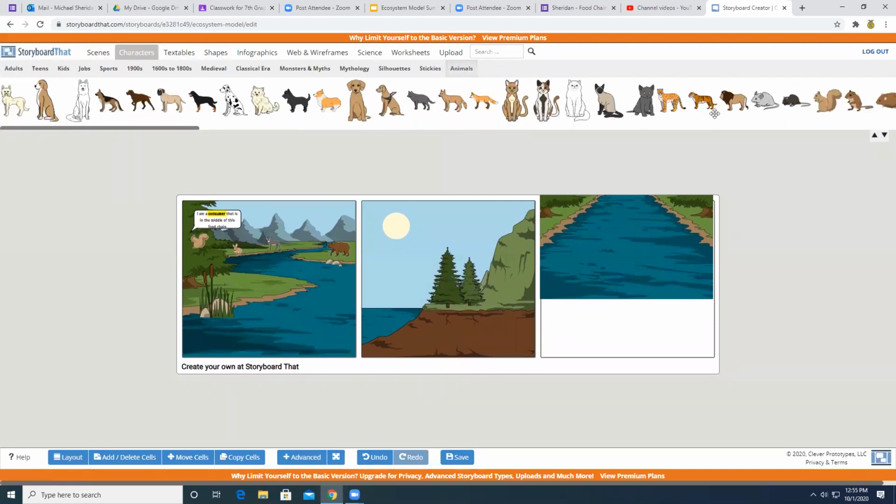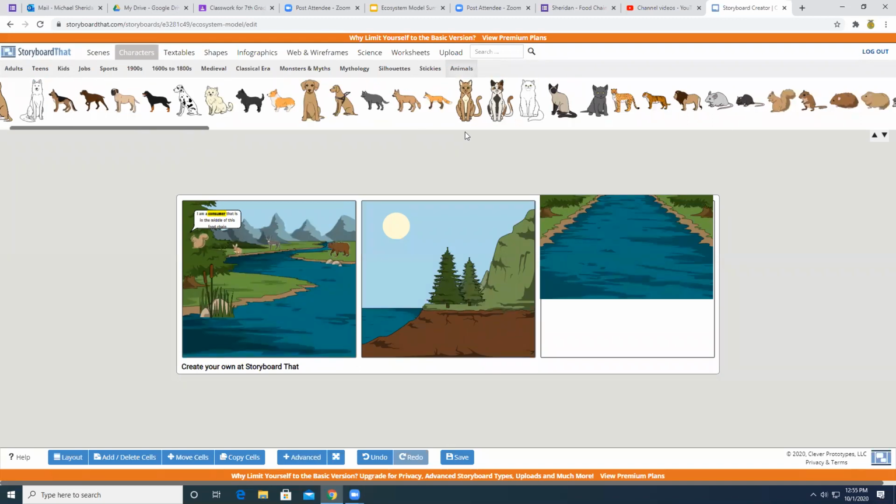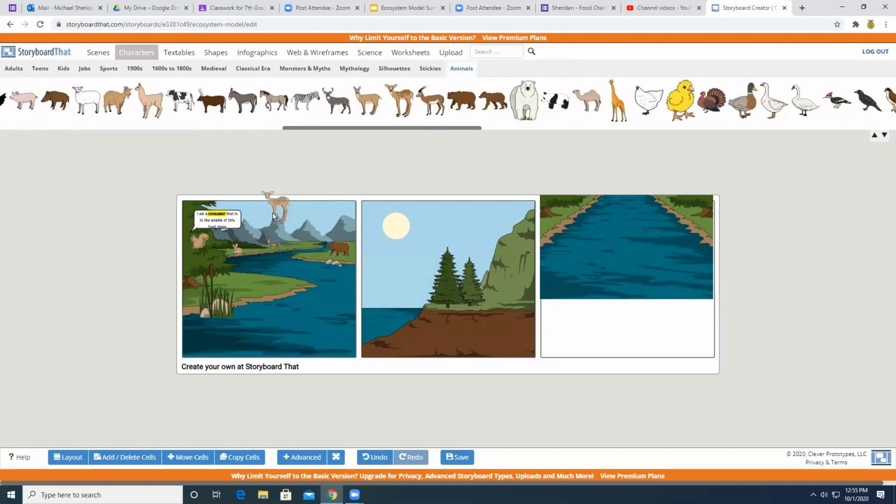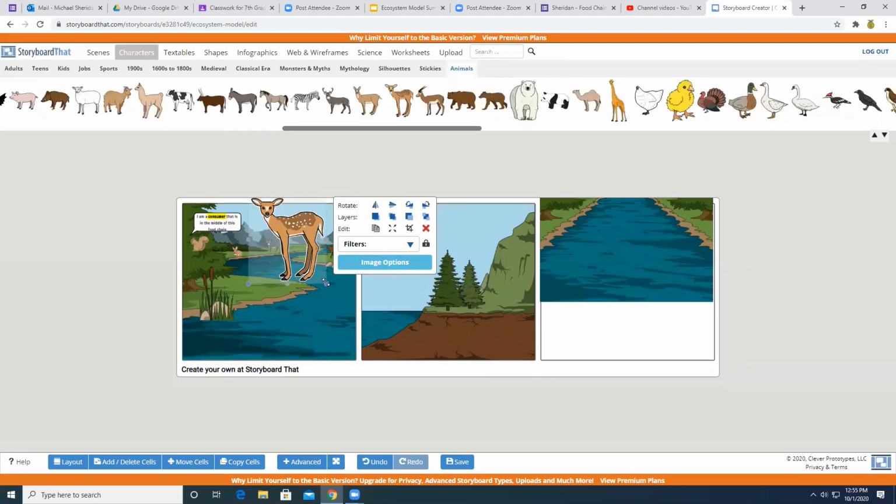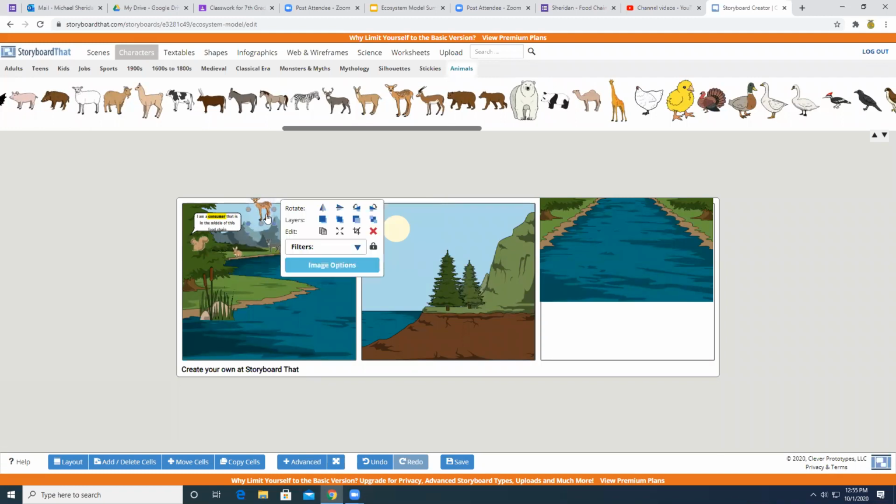So you can drag all kinds of stuff down in here. If you can find these animals, maybe this buck back here has a fawn. Now what I did with this, I tried to do this on my iPad last night and did not have very much success because you can't change the size of these animals very easily on your iPad. So if you are using a desktop, this could be a really good option. You can put animals in here and then you can create these